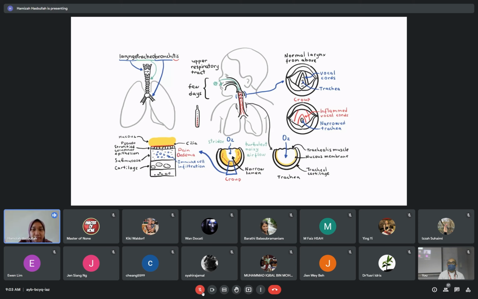will result in upper respiratory tract symptoms such as coryza and fever for the first few days, and then the virus will cause increased secretion, pain, and edema, and narrowing of the lumen of the trachea, causing inflammation of the vocal cords. The narrowing of the trachea will cause stridor, with turbulent noisy airflow,